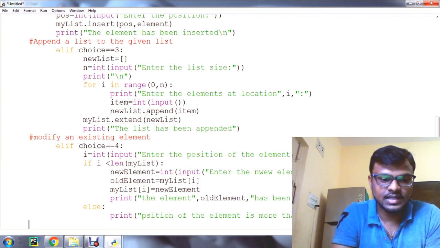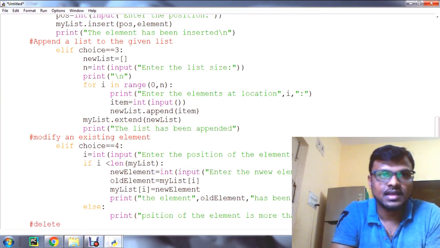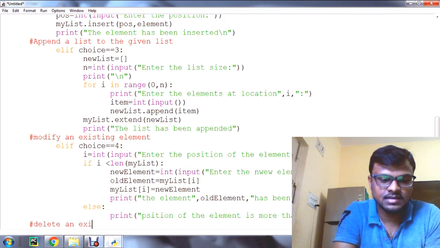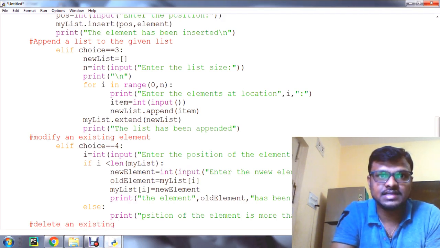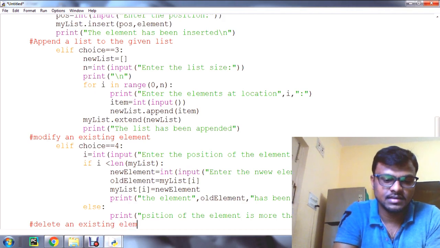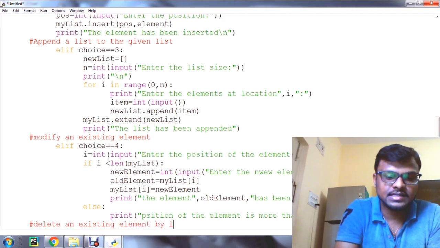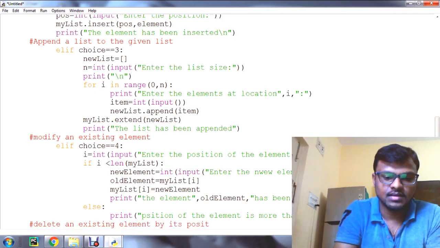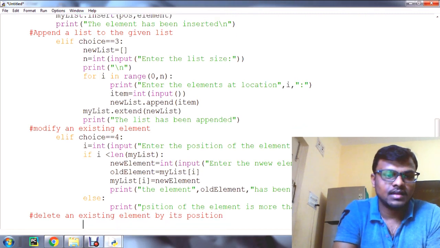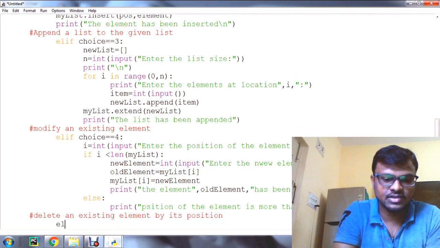Now let us go to the next choice, that is deleting an existing element by its position. To do this, again we need to check the condition, elif choice is equal to 5.